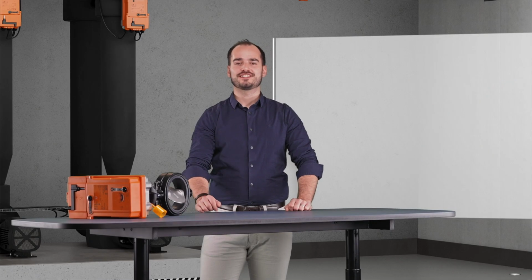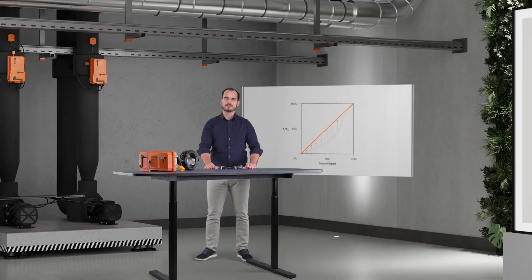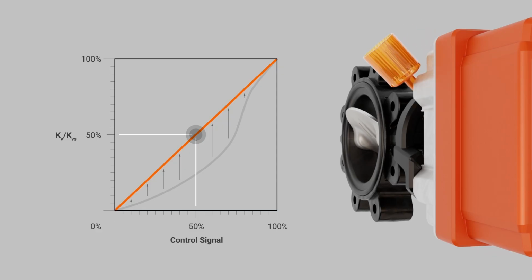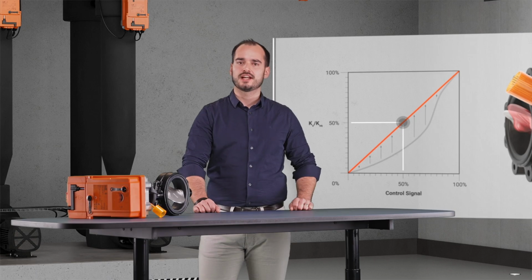And this is how it's done. In order to turn the S-shaped characteristic curve, typical for butterfly valves, into a linear characteristic curve, the valve must have a larger opening angle than the standard characteristic curve corresponding to the control signal. Let's make an example. In order to achieve 50% flow with 50% control signal, we don't need a 45-degree opening angle, but an opening angle of 68 degrees. To do so, our intelligent software automatically compensates the angle by opening the valve wider,